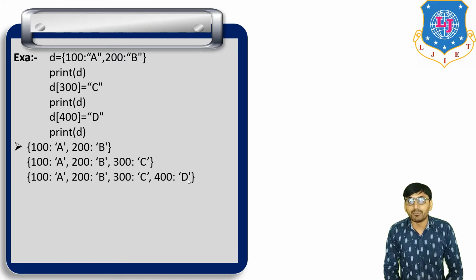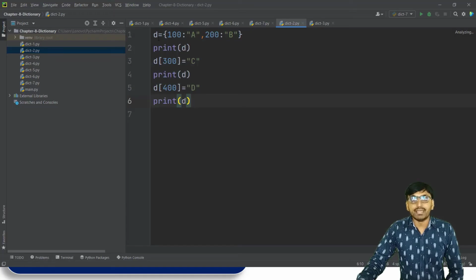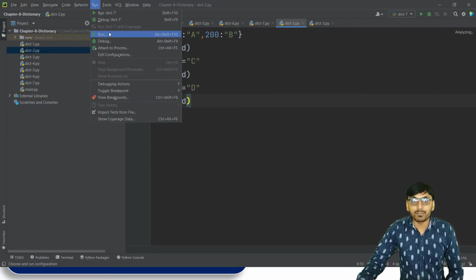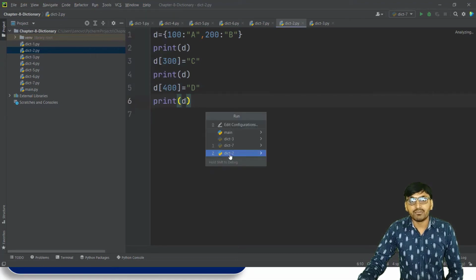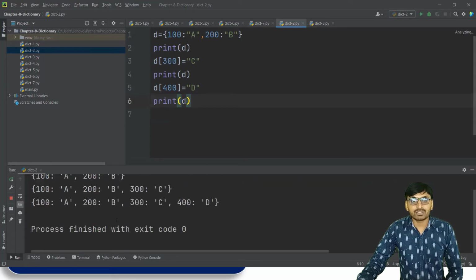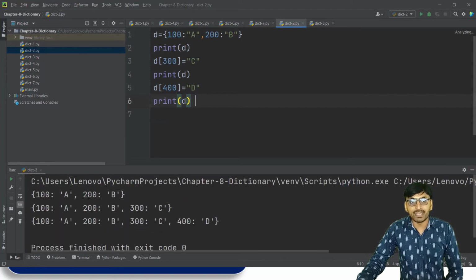Now we run the same program in PyCharm. D is one type of dictionary, 100A, 200B, then print D, then add one key value pair D of 300 is equal to C and print D, then add another key value pair D of 400 is equal to D and print D. If we run the program, we first get 100A and 200B, the same dictionary.